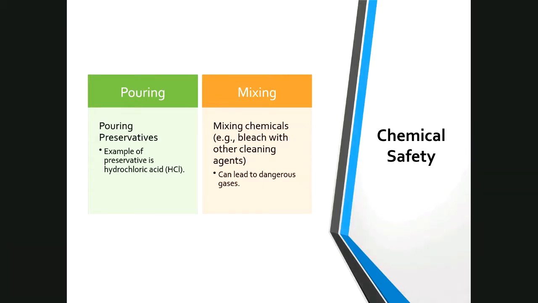Chemical safety. Pouring preservatives. Examples of a preservative would be hydrochloric acid. Mixing bleach with any other cleaning agent can lead to a dangerous gas. So be mindful, making sure we have labels present on chemicals. We know the hazards involved. And also, when we're pouring it, we're doing it behind a safety shield. And when mixing chemicals, we're being mindful of the warning labels, not to mix them with things like this. If you mix bleach with other things, it could cause